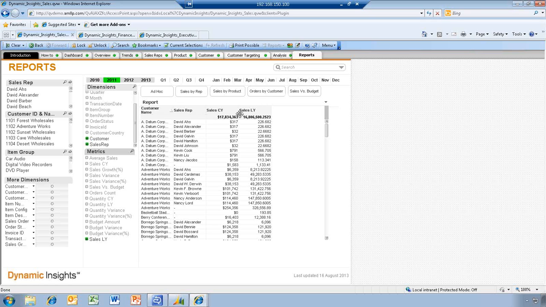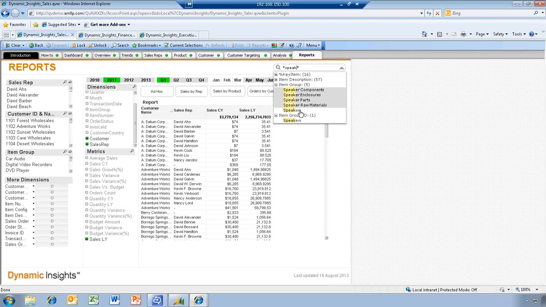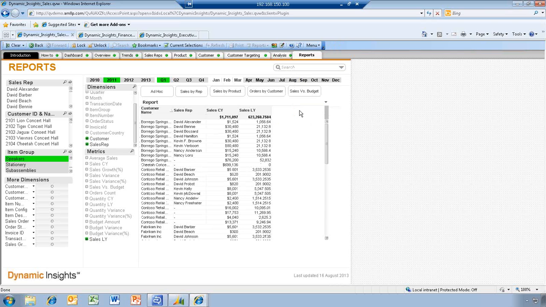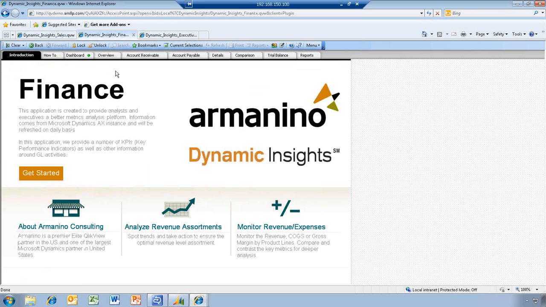Of course, any of this data, the report that we build here, is still able to be filtered by different categories, so we can still choose to filter this by the quarters or the item groups, for instance. So real easy to navigate around, real easy to build your own queries and put these things together. So in the interest of time, I don't want to go too much deeper here. I'm going to hand back very shortly, but I do want to just touch a little bit on our two other pre-designed dashboards. This was the sales dashboard that we have here, but we do have a finance dashboard here